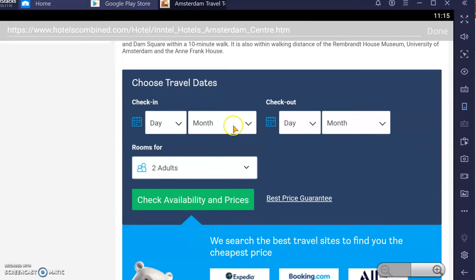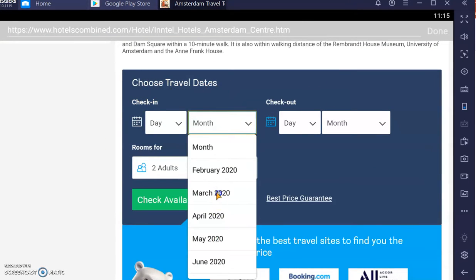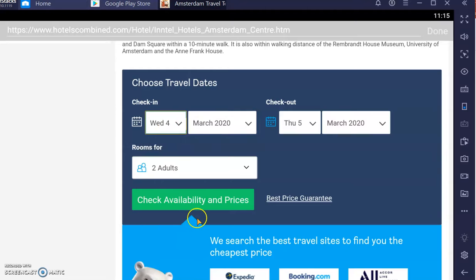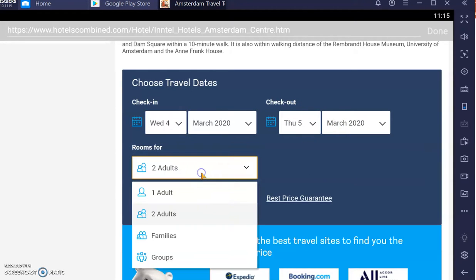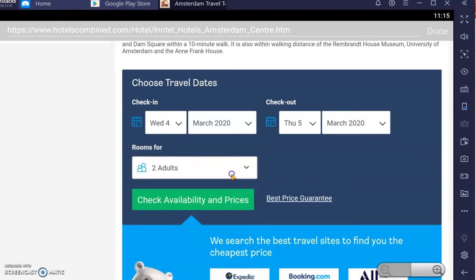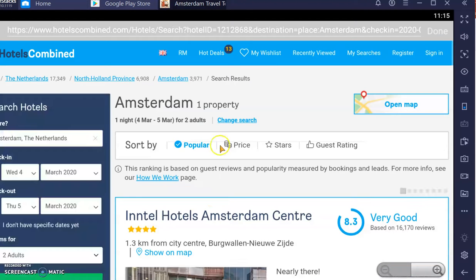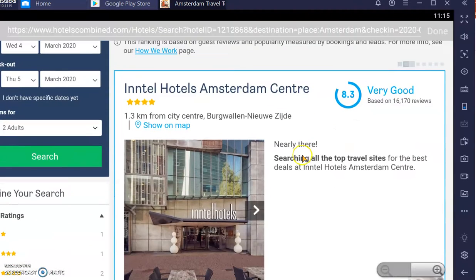Choose travel date. Input your check-in date, and also select the check-out date. Rooms for how many persons? Let's say I leave it as 2 adults. Then I tap on check availability and prices. It will display this hotel room